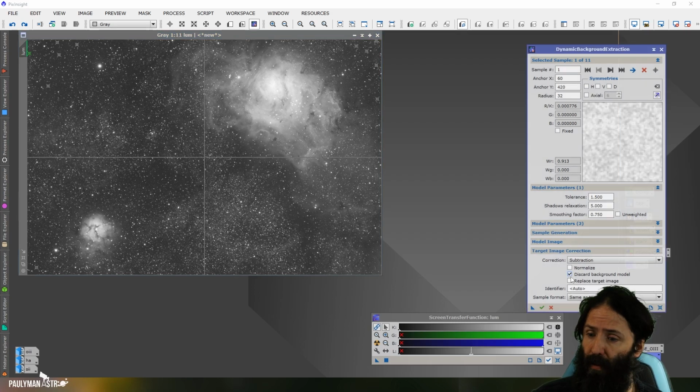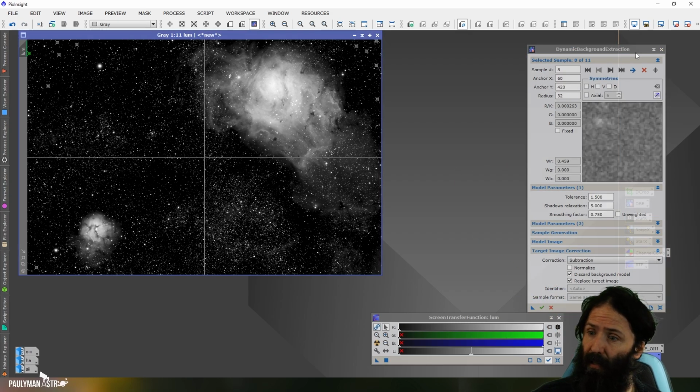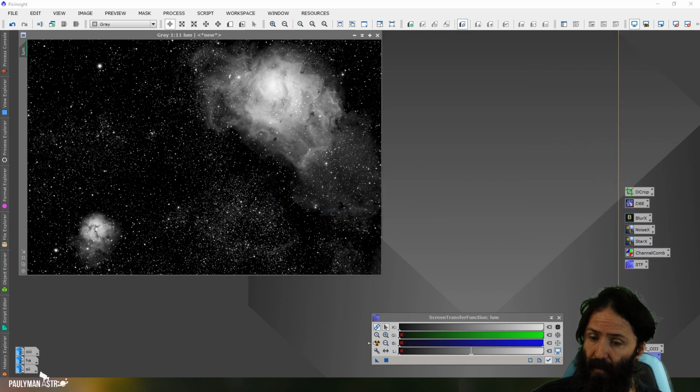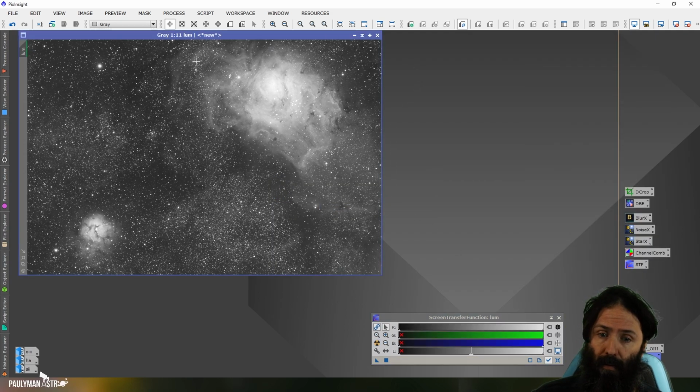And once you're happy with it, then you can set up this discard background model and replace your target image. I mean, you don't have to do that. You can have a new DBE if you wanted to. And I always drag that icon off so I can use it. Okay. I'm going to close that down, rerun the screen transfer function. You can see now that there's more contrast. The background looks a lot smoother,